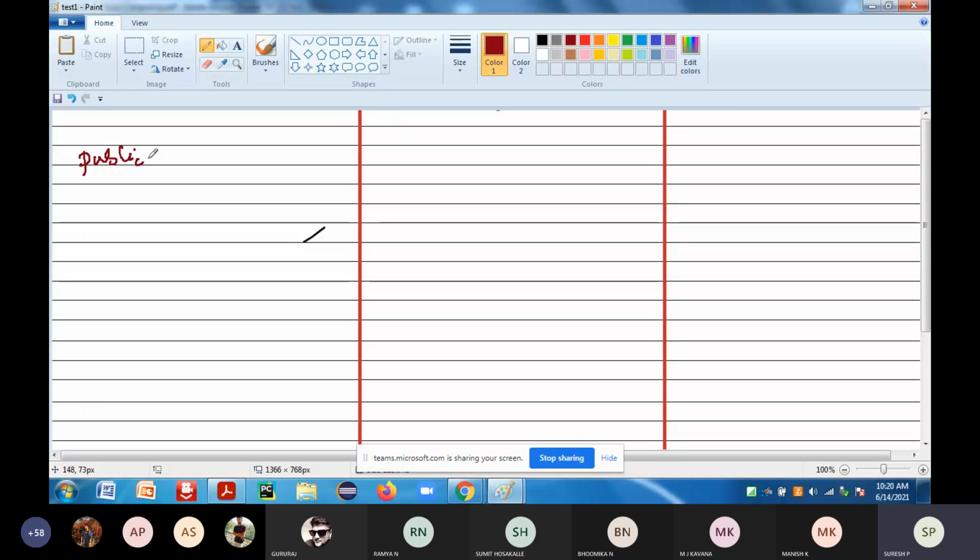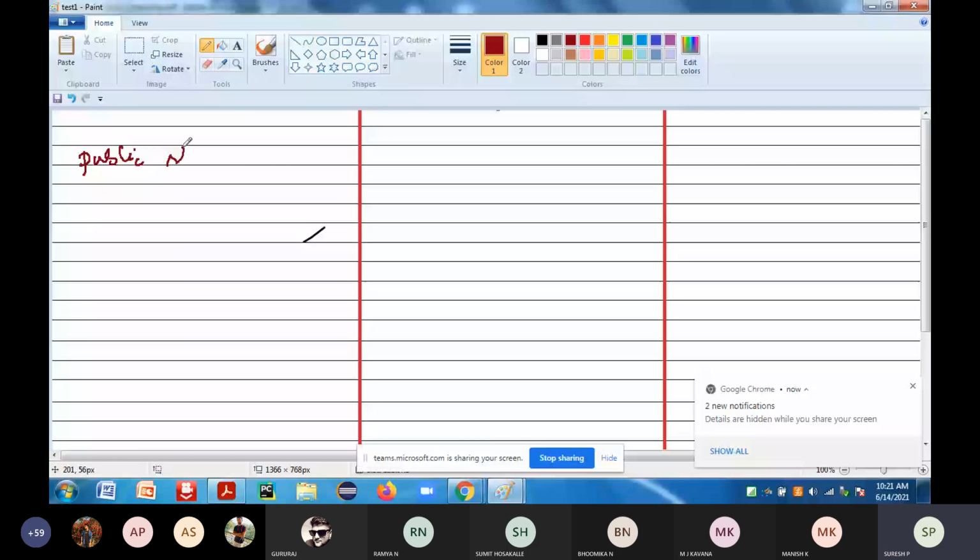At the end, void main. So you are going to have the string of args. This is the main program where you are going to call the class. Either it may be in Java or it may be in .NET.